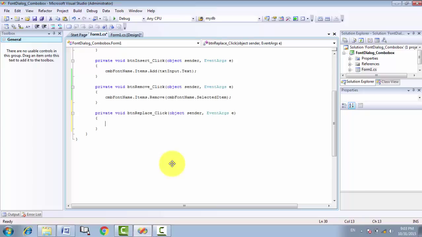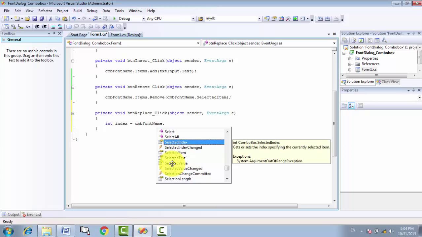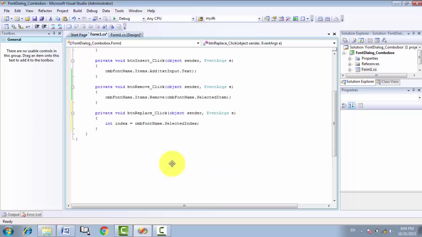First of all, we have to get the selected index of the item. Declare a temporary variable i or index equal to cmp.fontName selected index. The index is selected by the user. It returns the integer value. Look at this, it returns the integer value. Now we have an index, and then